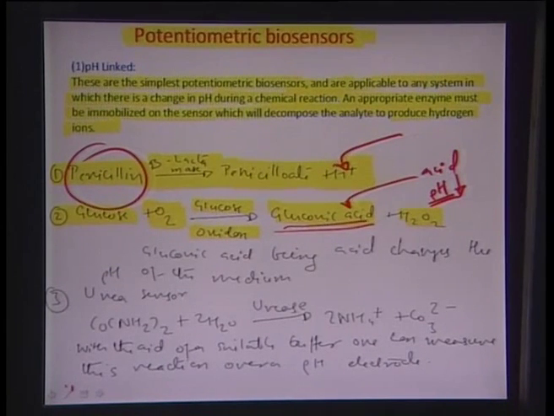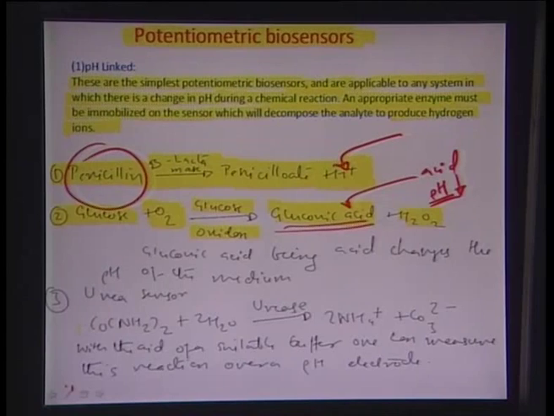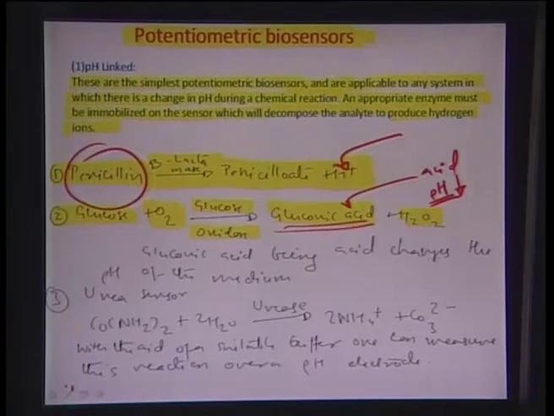Similarly, another very important metabolite of interest is blood urea. Blood urea is essentially indicative of renal problems, and patients with kidney problems, problems in the renal system, have this tendency of the blood urea level to be uncontrollably high sometimes, and so it is important to try to find out what the abnormality is by looking at the urea concentration in the blood sample of the patient. And so one good way of looking at urea could be by again using a